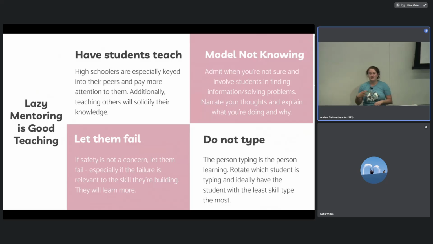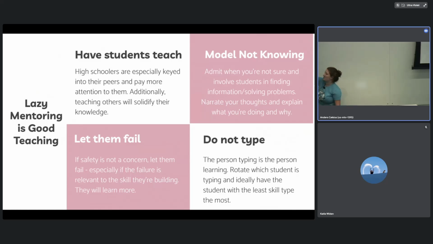I've said this a million times, let them fail. Robotics is a safe place. In school, failing is like the worst thing that could ever happen to them because their parents tell them they'll die or something. So encourage failure, encourage celebrating failure. It's kind of hard, but whenever the robot does something funny, I'm like, guys, isn't that hilarious? It did something wrong. So I just try to make it fun.